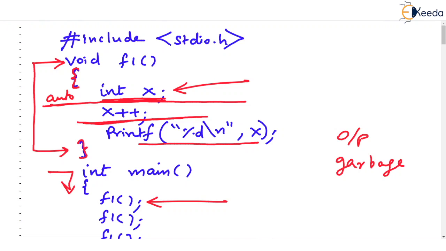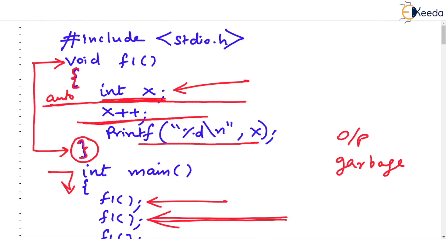But the big thing is coming up now. See this, after printing x, observe that the function is getting terminated due to the curly brace close. Then the variable x and the garbage value that it stored last time are completely deleted from the memory. Come on, it is an auto variable. So once you leave the function and come back to main, you don't have any such variable saved in the memory.